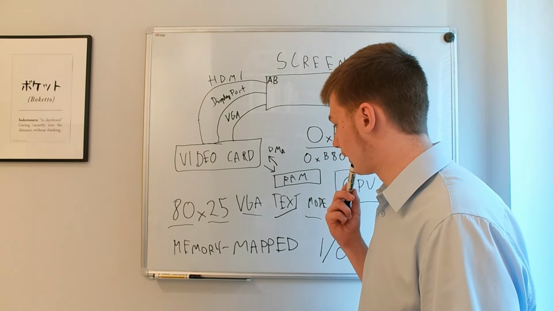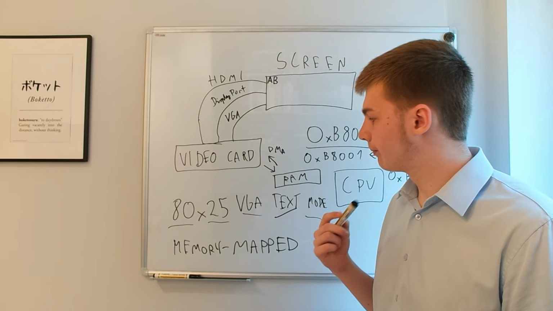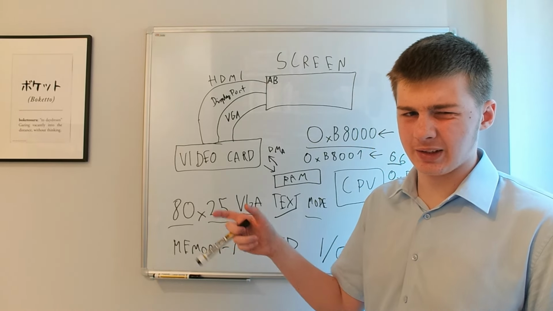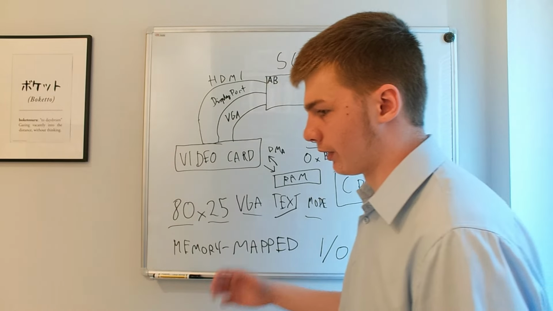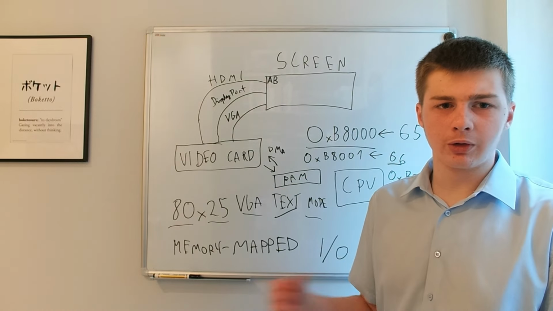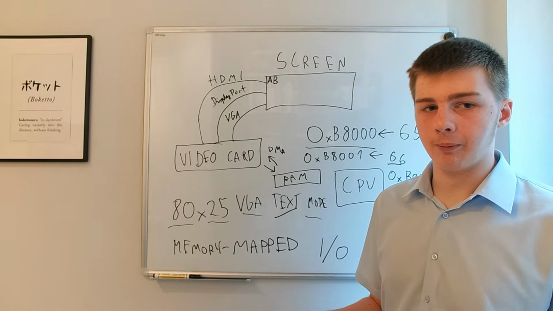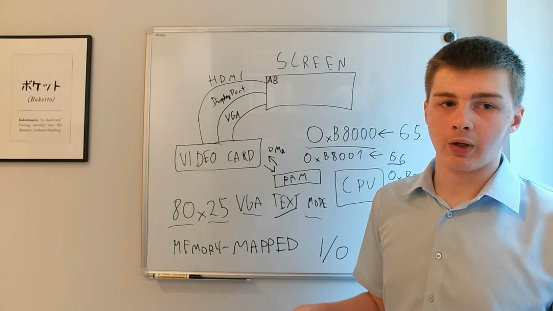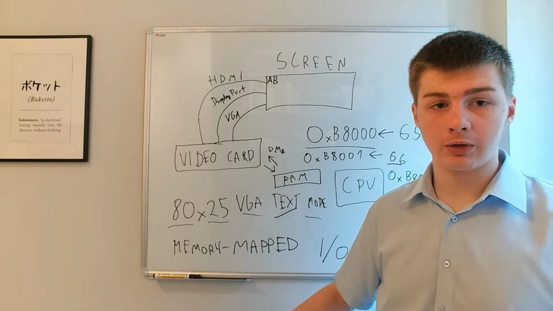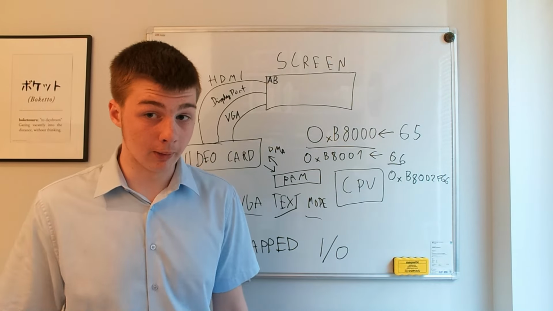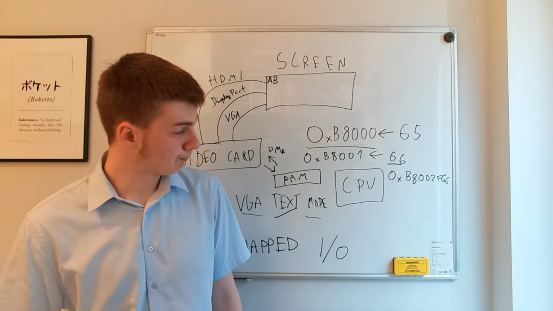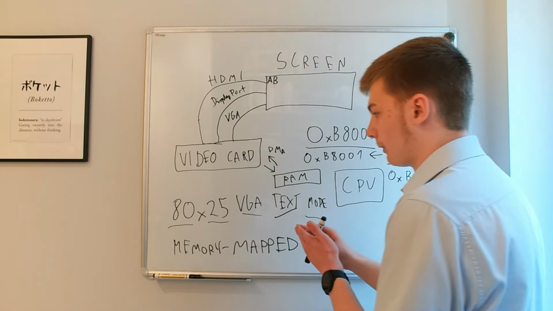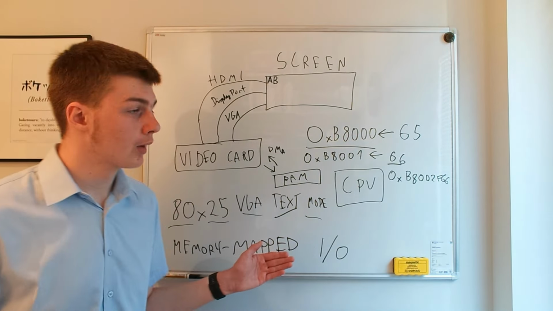Generally, setting video modes was done statically, you just set a video mode number. Currently there are more dynamic ways that really check what the screen can do, what your video card, your graphics card, can actually render. Based on that, you can get different information and properly render in a video mode. I will probably make a video about rendering graphics. I just wanted to present the general point of how one can use memory-mapped I/O,